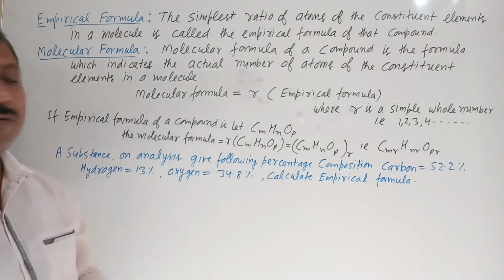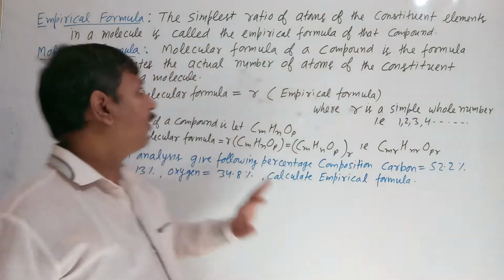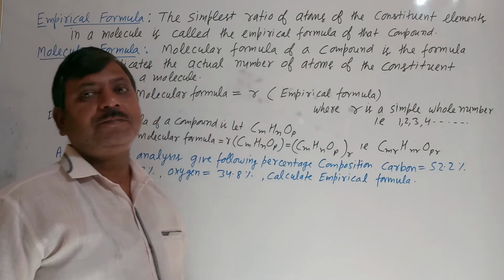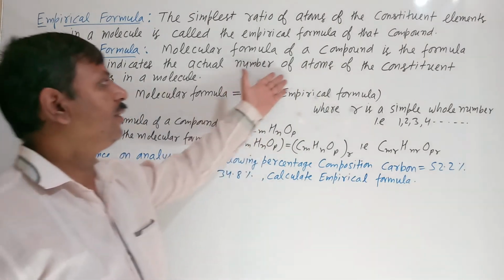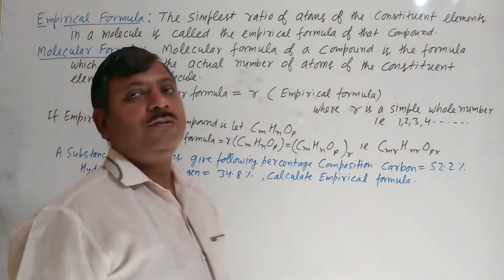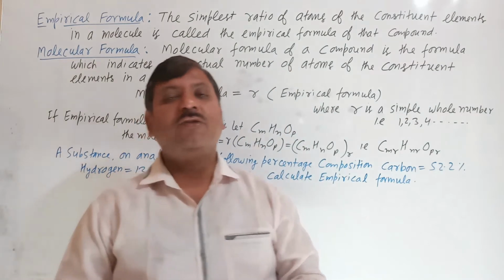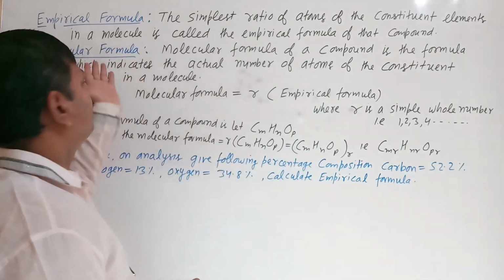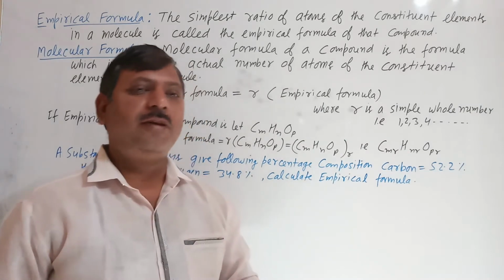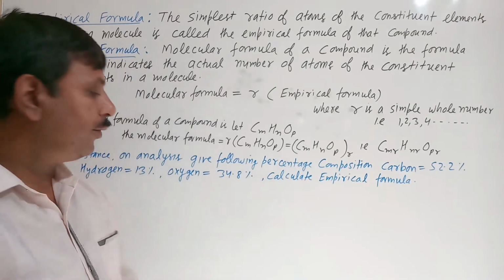And what is molecular formula? Molecular formula is the formula which indicates the actual number of atoms of the constituent elements in a molecule. जो actual number of atoms present in the molecule होंगे, that is called, उन्हें हम क्या कहते हैं बेटा, molecular formula. ठीक है, जैसे हम फॉर माई एग्जाम्पल आपको कहूँ, ठीक है, इफ विल टॉक अबाउट द एथीन,